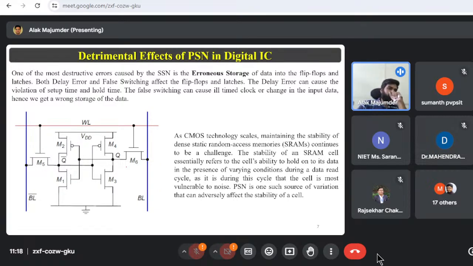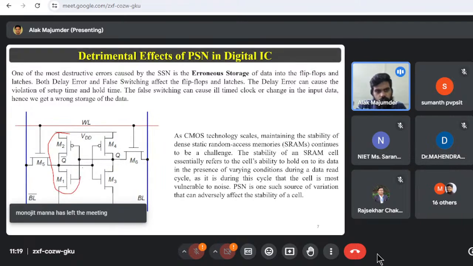So the problem is, if the VDD line, because they are connected with the bit line and bit line bar, if at a certain line your potential is different, at another line potential is something different, then it will impact the VTC of that particular